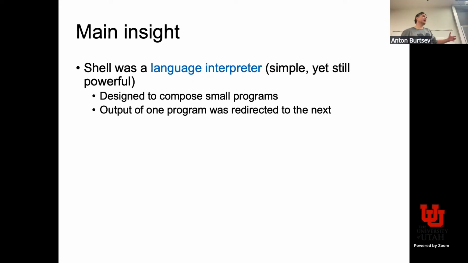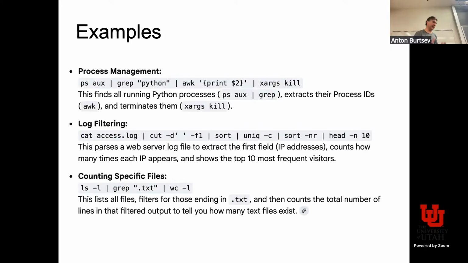And essentially their way of composition, because they didn't have a full language or types or anything, was to say the strings or output of one program will be redirected to the input of another, and then you can compose. And you say, well, that sounds crazy, but I'll give you a couple of examples from the modern world, from Google.